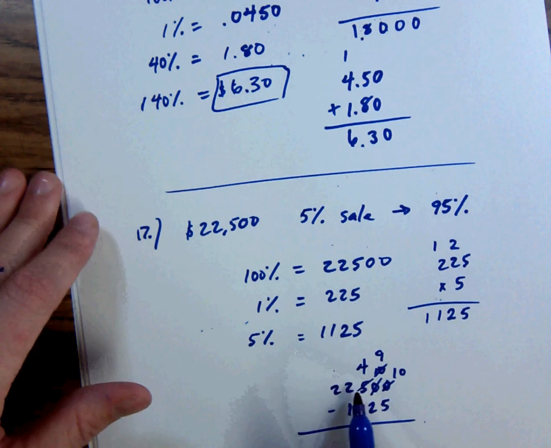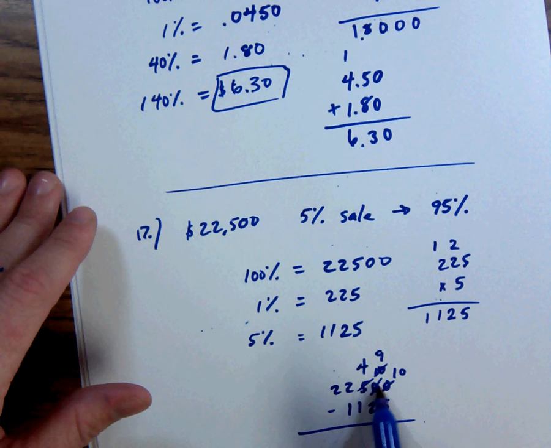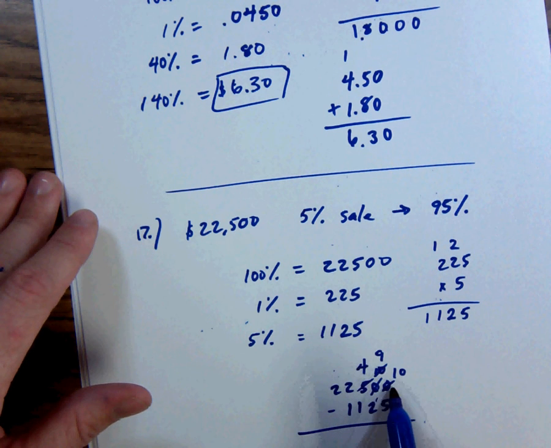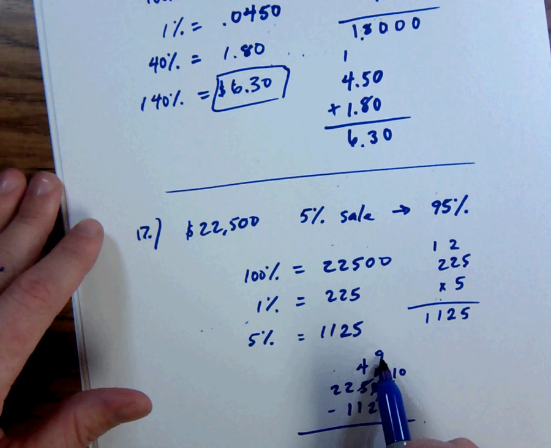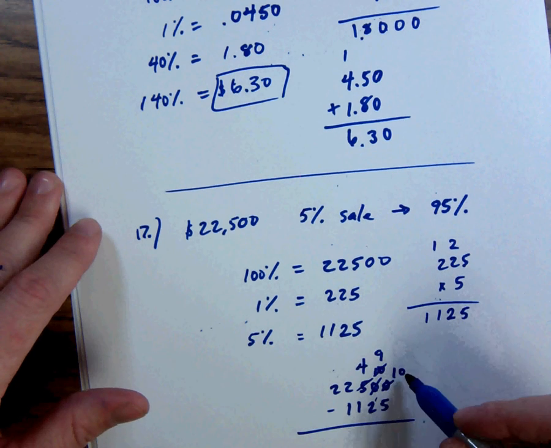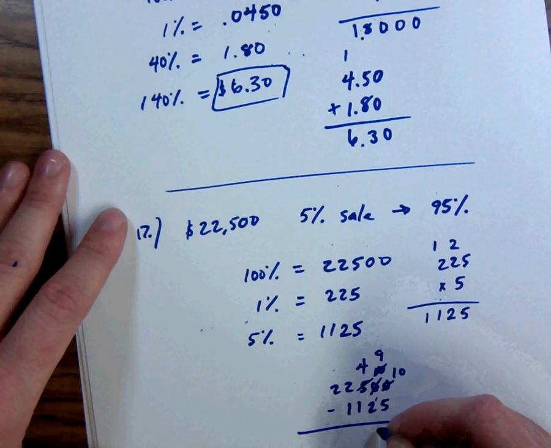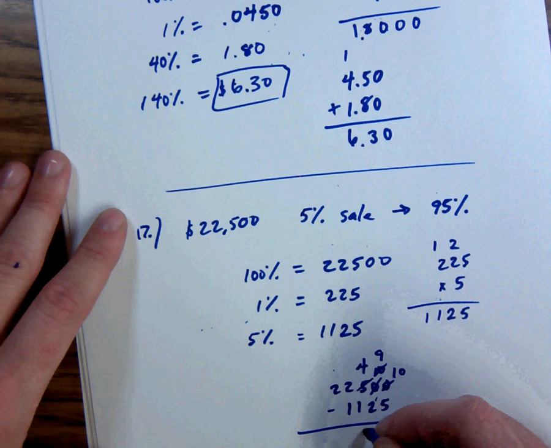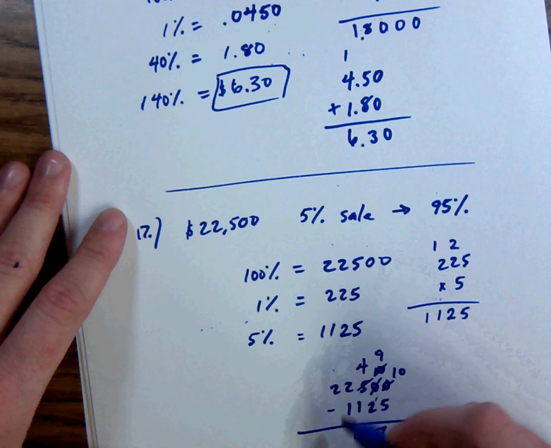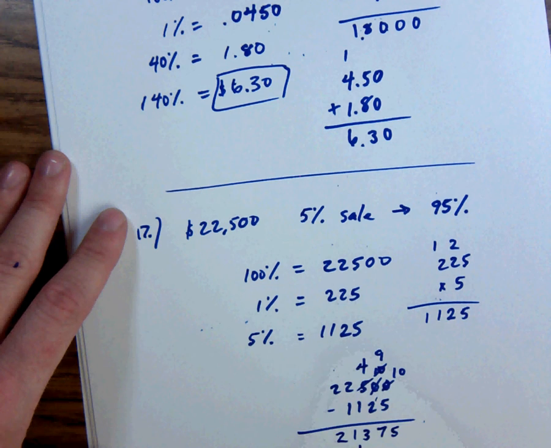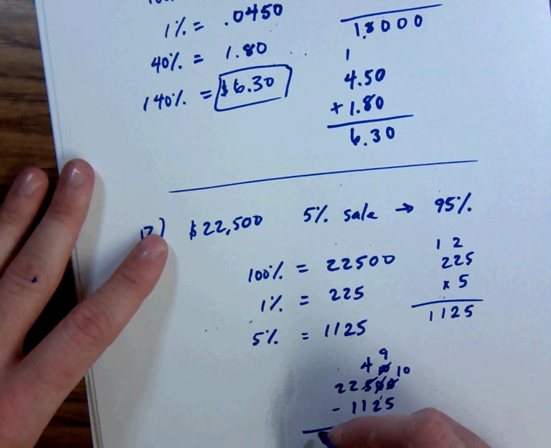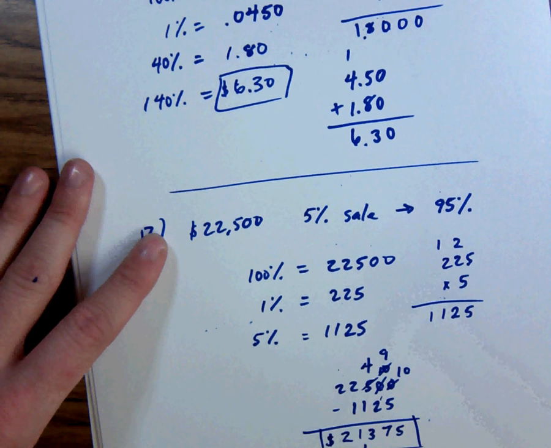We borrow to get that 0 to be a whole number, but I want this 0 as well, so I strike that out, make that a 9, but 10 minus 5 is 5, 9 minus 2 is 7, 4 minus 1 is 3, 2 minus 1 is 1, and then we got the 2. So 21,375 is the sales price